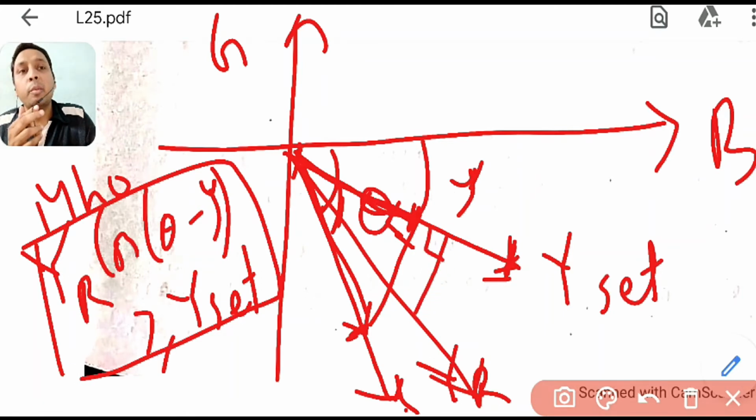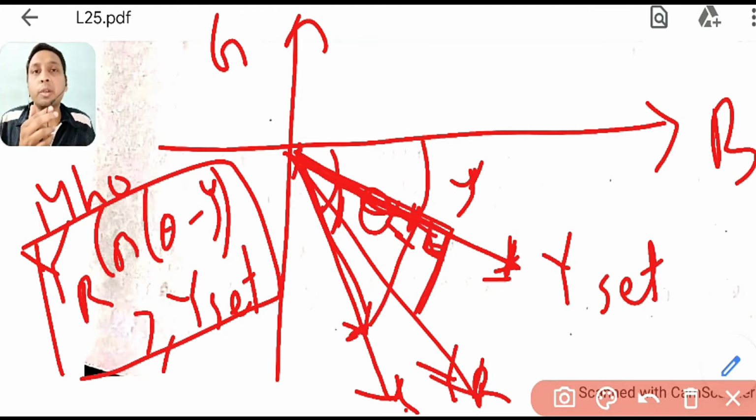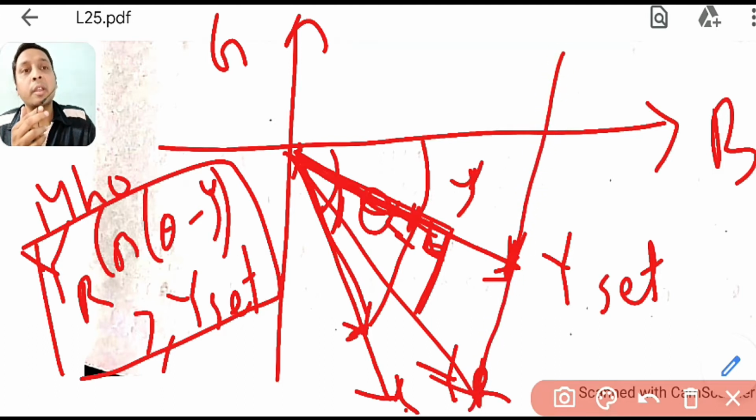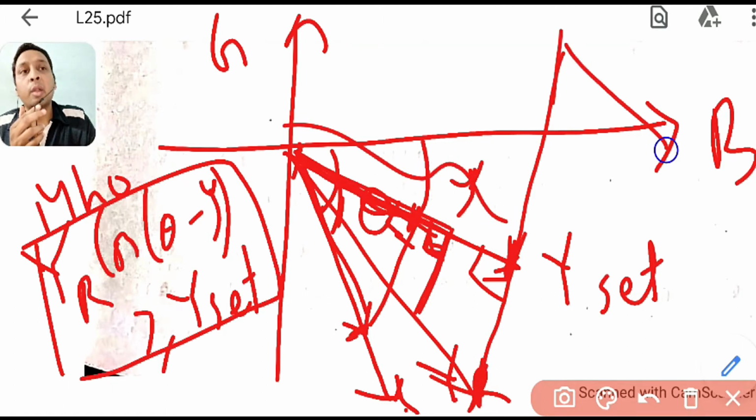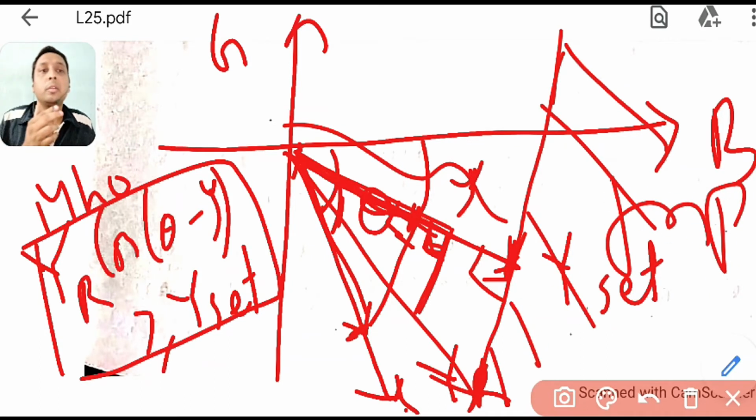So every time you will be measuring this length, whatever you are getting, you are drawing a perpendicular, and if this portion is less than your Y set, then it will not trip. That means every time you will be drawing a perpendicular on the Y set. If your perpendicular is less than this, then it will not trip. It will trip if it is greater than. So this is your trip zone. You can see this becomes the Mho relay characteristics in the admittance plane.